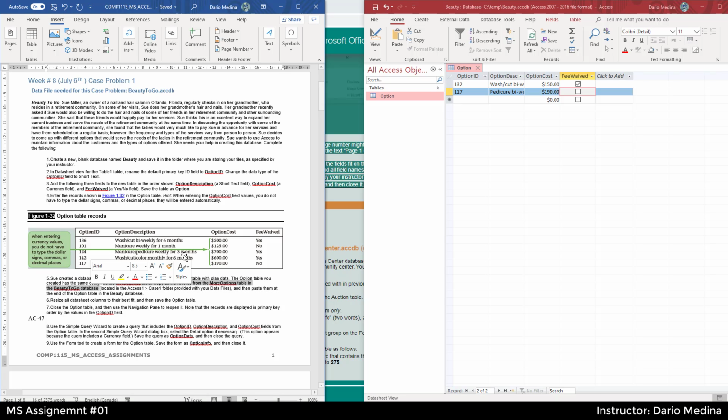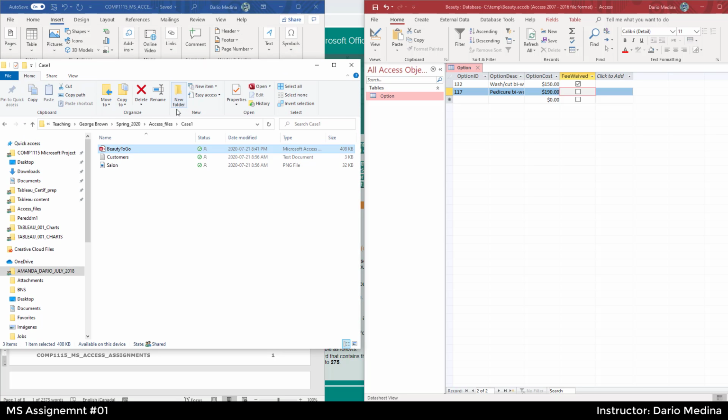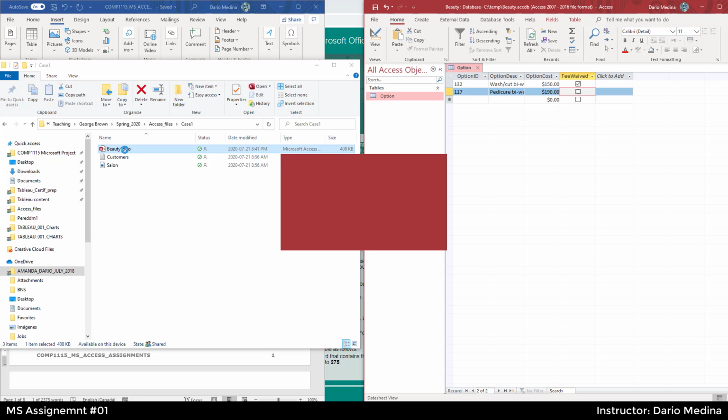So it's referring to this database, which I hope is in the package of files. Yes, it's here. These are the files, where I unzipped my files. Under the folder case 1, you can see we do have this Beauty2Go database. Let's open up the database here,